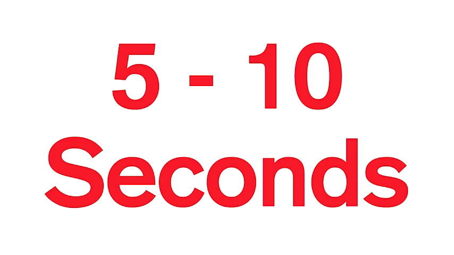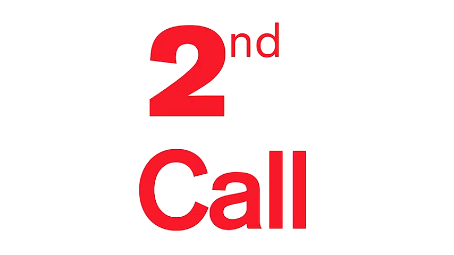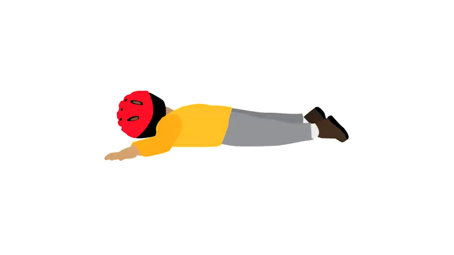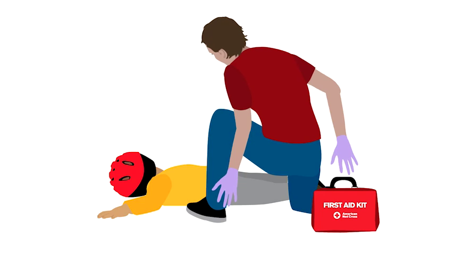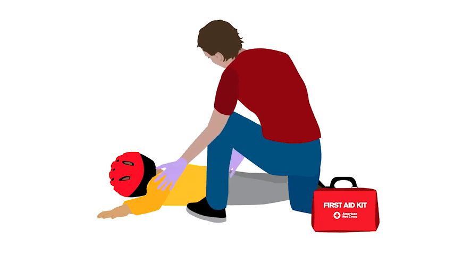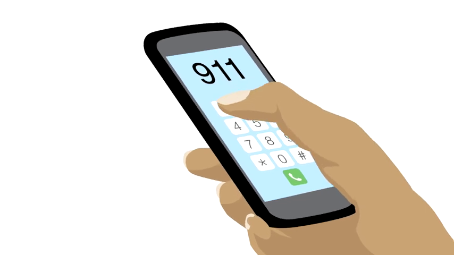If there is no response and the person is not breathing or is only gasping, the person needs help right away. This brings us to the second emergency action step: call. Unresponsiveness, trouble breathing, and severe bleeding are all signs of a life-threatening emergency. If your initial check reveals these or any other life-threatening conditions, make sure that someone calls 911 or the designated